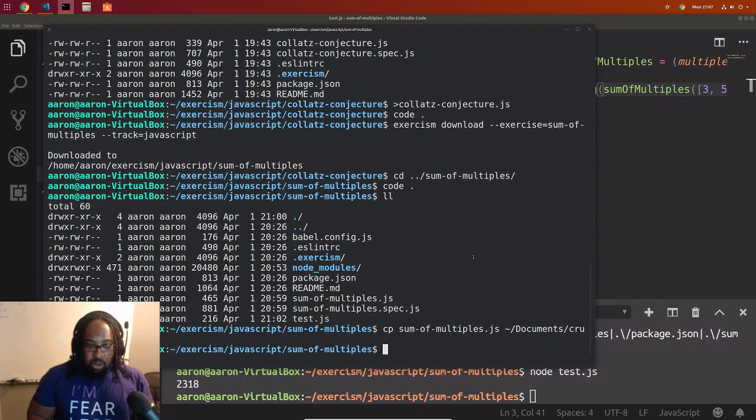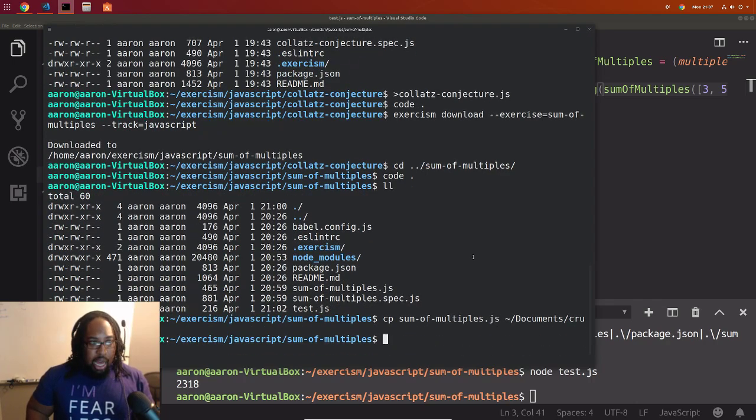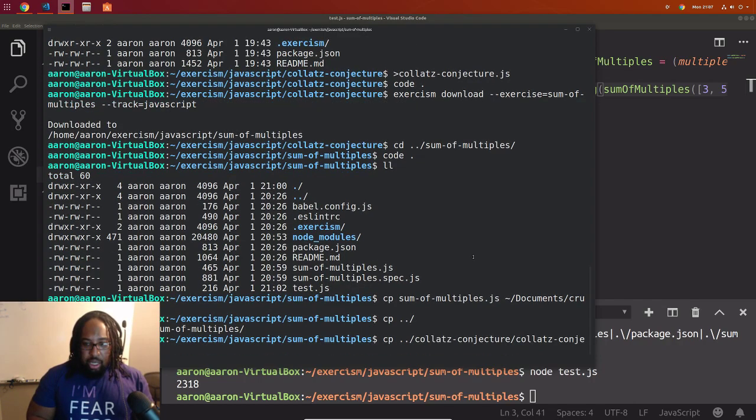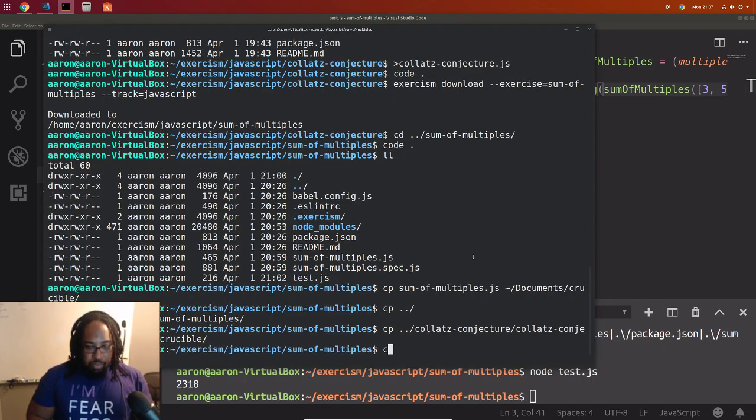But let's copy sum of multiples.js into our Crucible folder, and let's copy collapse conjecture into our documents Crucible folder. And let's go into our documents Crucible folder.